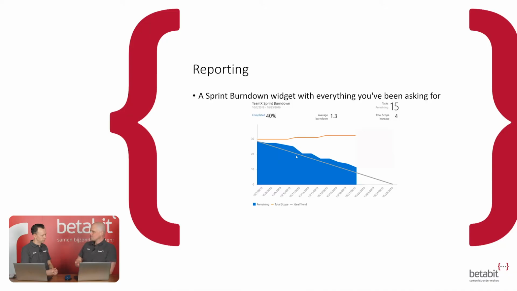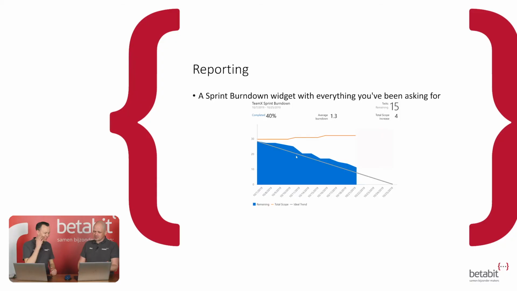This is, at least as far as I'm concerned, although it's really small, I know, a big step up from where the burn down chart used to be. There was a long time that I was just still printing things, putting it on the door and drawing them, because somehow the tooling didn't match our process. So according to Microsoft, this is the sprint burn down widget with everything you've been asking for. So give it a spin and I'll make sure that it actually does have everything you're looking for.